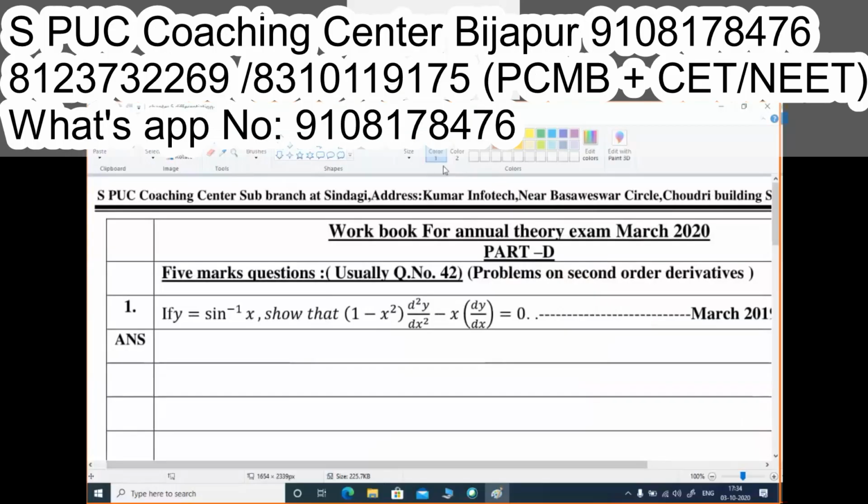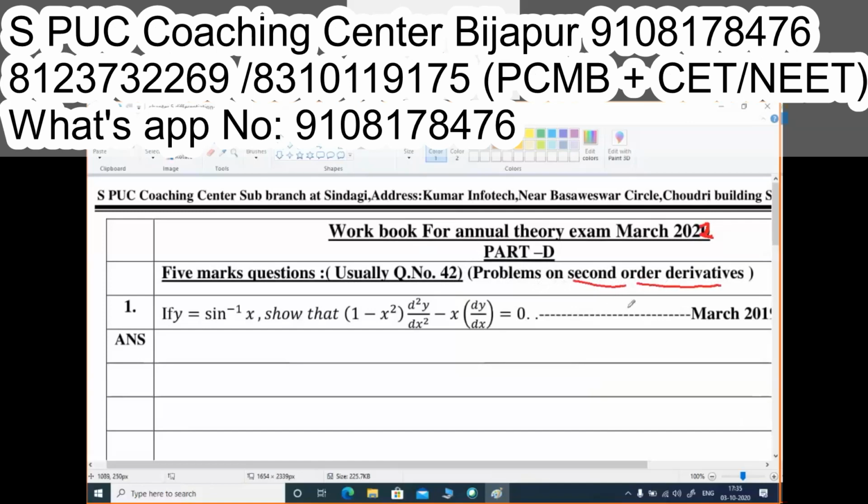Let us change here consent to this here for the worksheet practice, whatever we are doing it for the March 2021 exam. Because this was taken last year also, the same thing I am changing here, 2021 examination point of view. Part D, in particular that 5 marks question, usually a 40-second question, is going to appear in Part D. Usually it is on problems on second order derivatives.